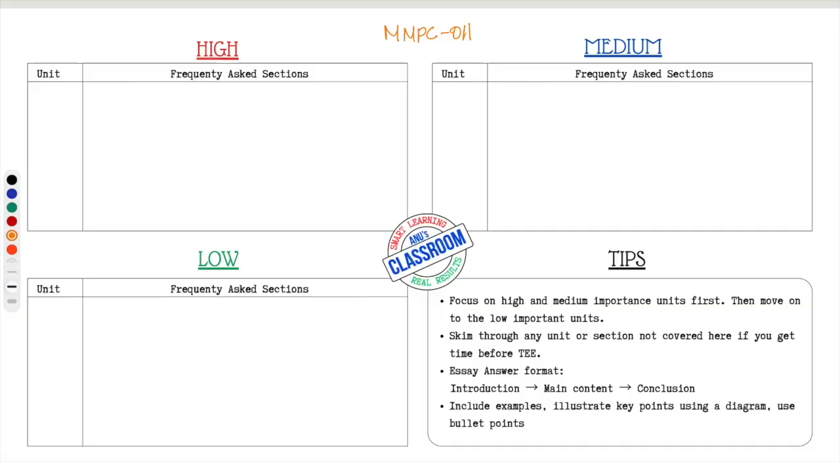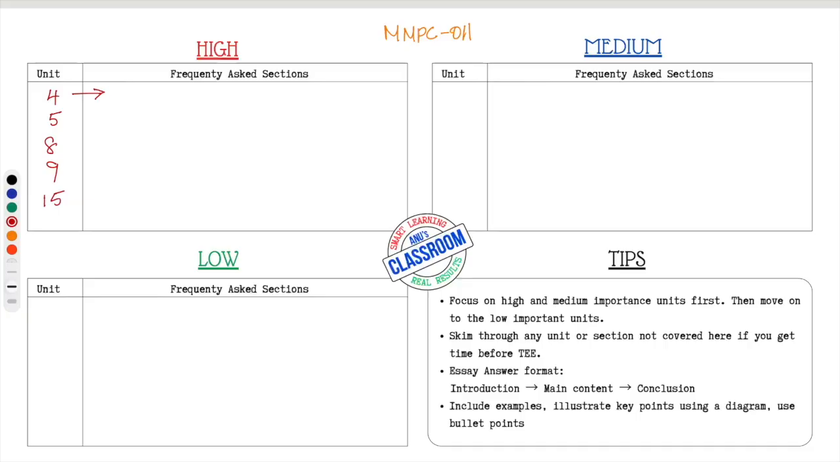ones. So coming to the most important units of MMPC 11, I will say Unit 4, Unit 5, then Unit 8, Unit 9, and Unit 15. These are the 5 most important units of MMPC 11. In that also, I can help you narrow down the sections for some of them, like